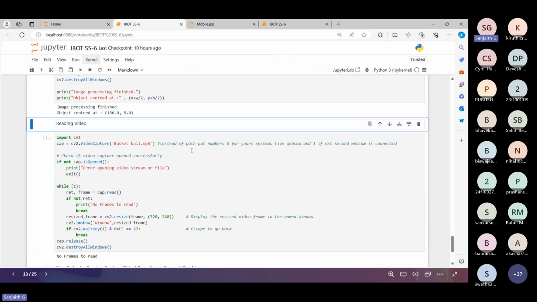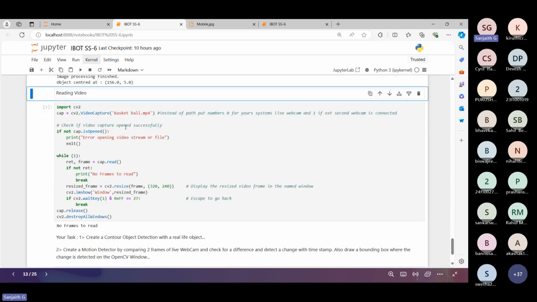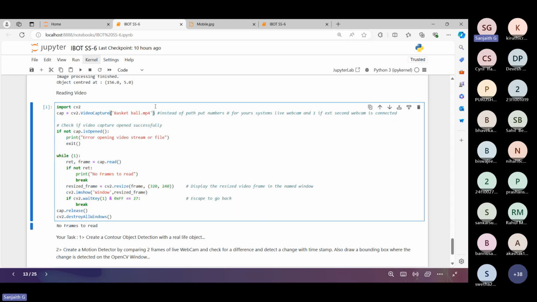And now we have seen everything with just images. For tracking, it is nothing but we should be able to detect an object simultaneously for each and every frame. So that will lead to tracking. First, we'll see how to read a video in OpenCV. We'll be using a function called VideoCapture. With this VideoCapture, this cap variable is storing all the